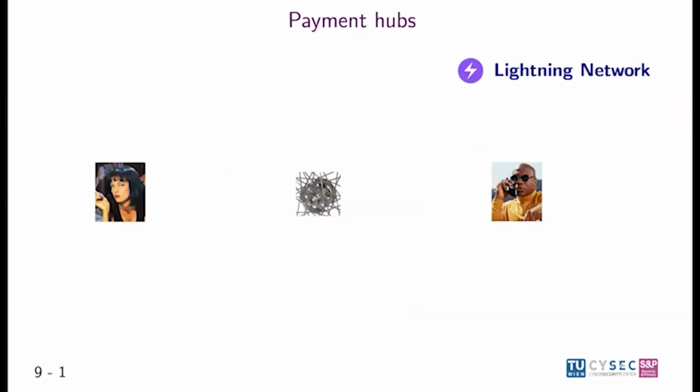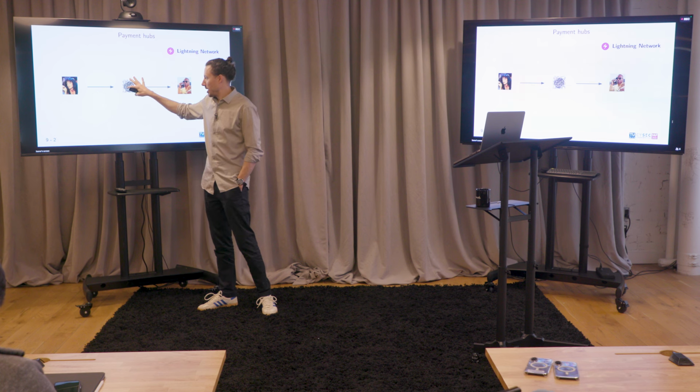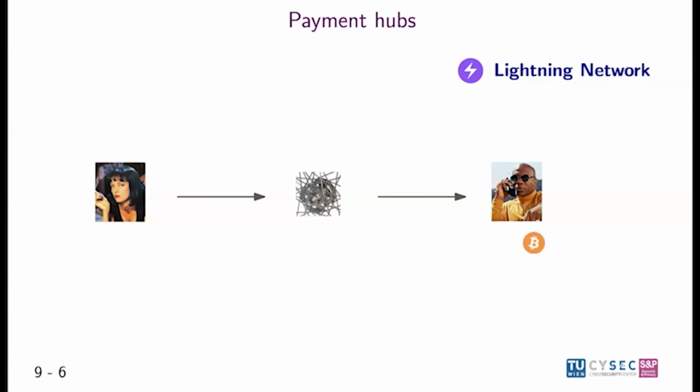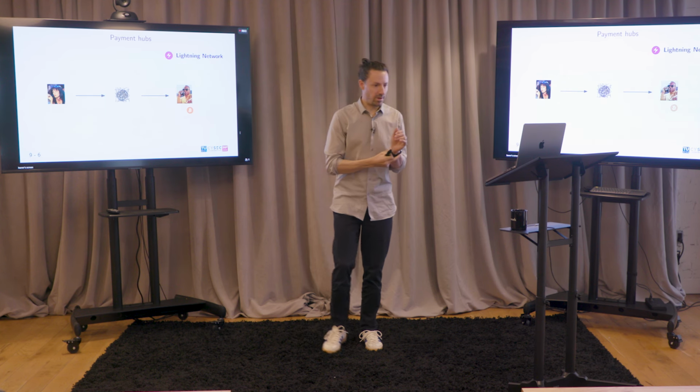So you might wonder, what can blind signatures do for us in a blockchain context? So as a motivation, consider the Lightning Network. That's a protocol that allows you to do off-chain payments in Bitcoin, but I don't want to get into any details of it. All you need to know is that there's a way of opening so-called payment channels between users, so that if, say this is like a payment hub, if Alice has a channel to the hub and the hub has a channel to Bob, then Alice can send Bitcoins to Bob via this payment hub. And they can even do incremental payments without putting anything on chain, but yeah, not relevant for this talk.